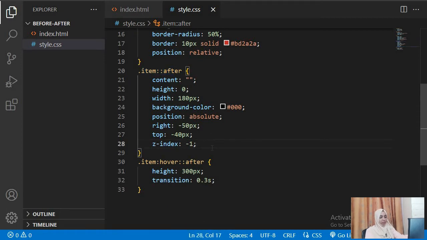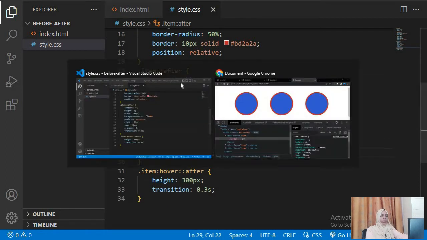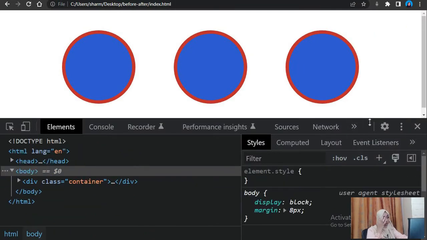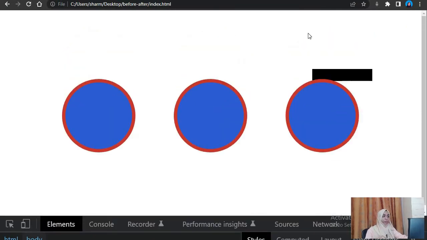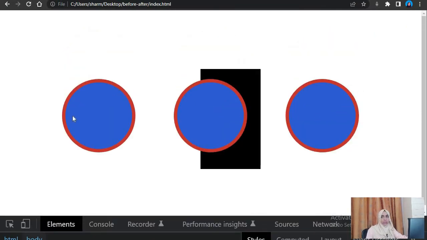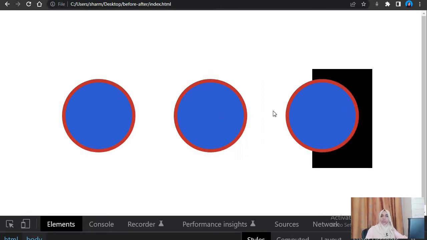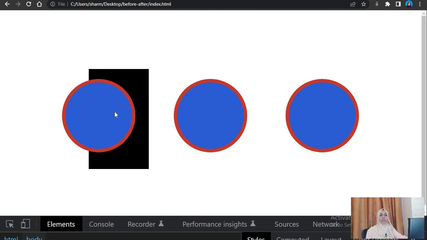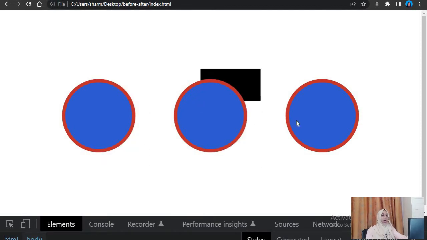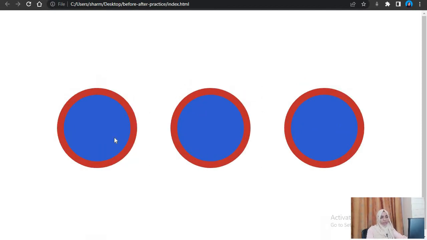So to that pseudo element, you will give a transition of 0.3 seconds. You save and refresh and you see it works fine, right? So it is as simple as this. This is how you can use after elements to give these kinds of small transitions to your elements. So this was the first example that we saw.